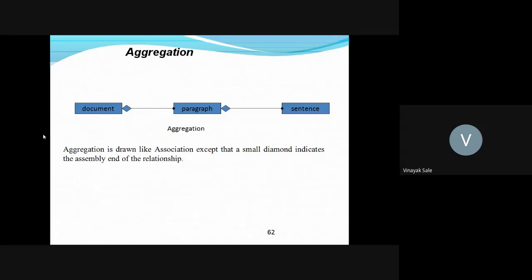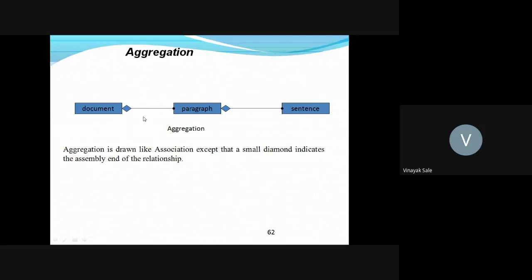So aggregation is drawn like association. Sentence is associated with paragraph, and paragraph is associated with document. That is, sentence is associated with document, or document is made up of sentences. This is the transitivity you can show.